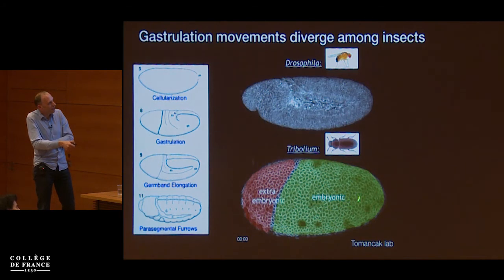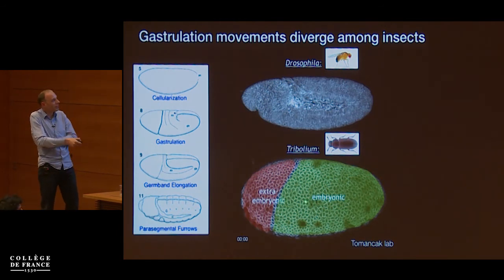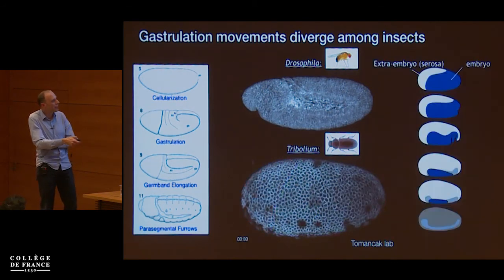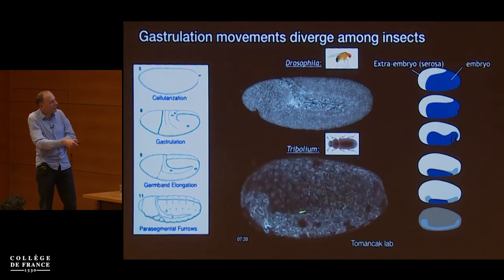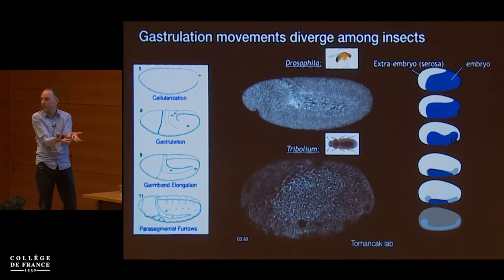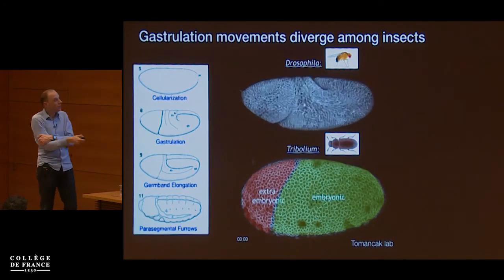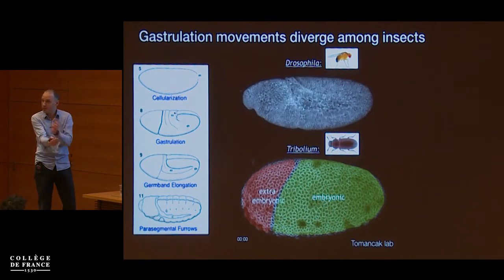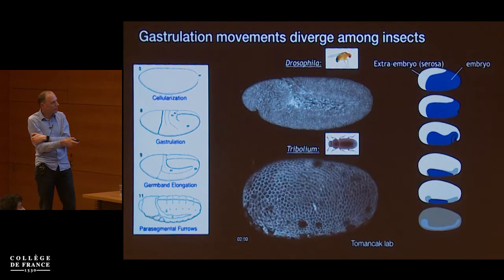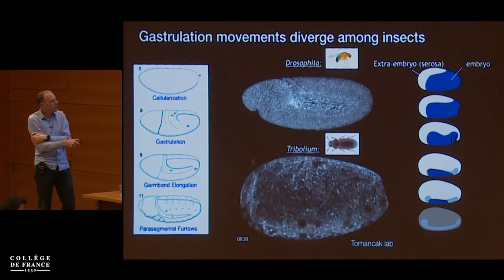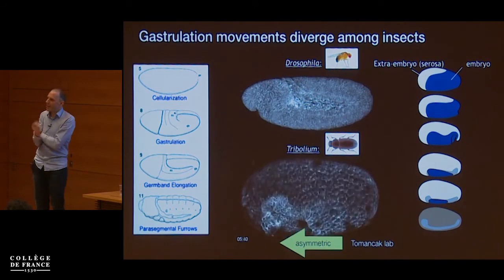In Tribolium, you have an extraembryonic and an embryonic tissue, and this is already marked by cell fate markers. We have transgenic lines, or Pavel's lab has transgenic lines that can label these tissues accordingly. And what happens over gastrulation is that the inner tissue inverts and the outer tissue expands. So the green tissue becomes the actual embryo. It's called embryonic, while the red tissue covers the whole system and is the extraembryonic tissue, shed at a later time. Okay? So we were intrigued by this movement, in particular because it's a very asymmetric movement.